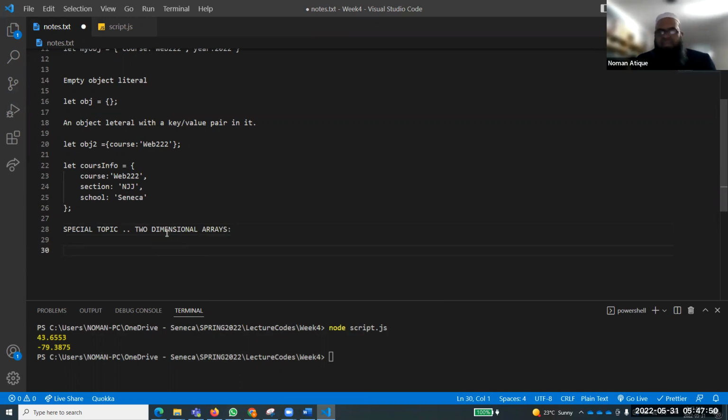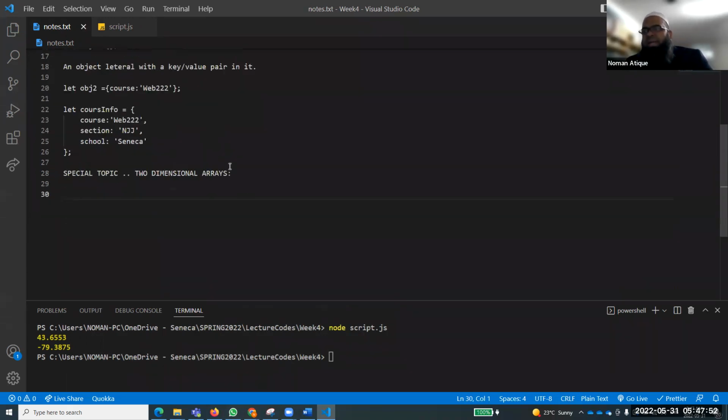Special topic, and I mentioned it's special topic. Why? Because it's not directly part of our discussion. So you know that, for example, let's talk about this JavaScript environment. If I create an array, my ARR equal to 1, 2, 3, 4, you know that this is an array, and this is called a one-dimensional array, typically called a 1D array. So it's a one-dimensional array,